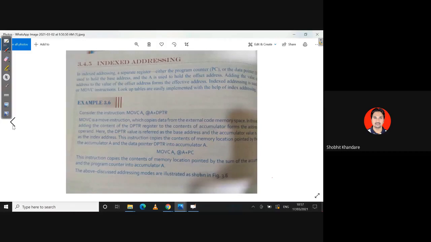The 8-bit signed offset value gives an address range of plus 127 to minus 128 locations. Full stop.